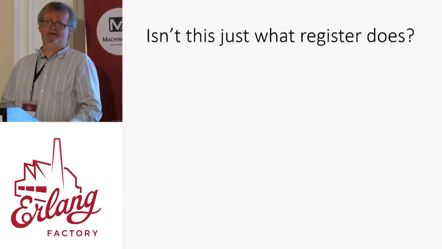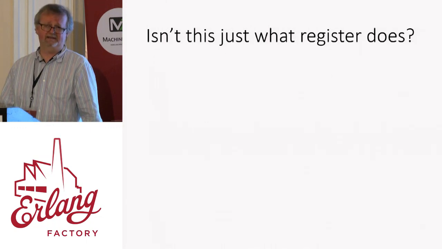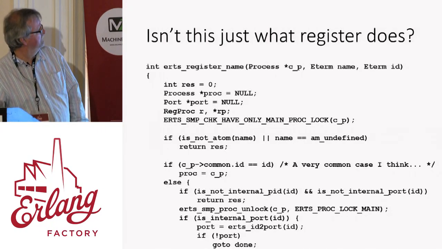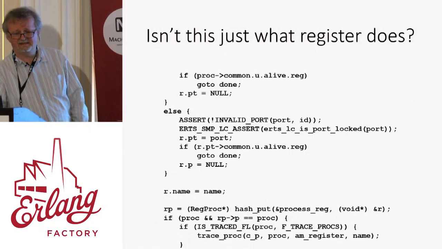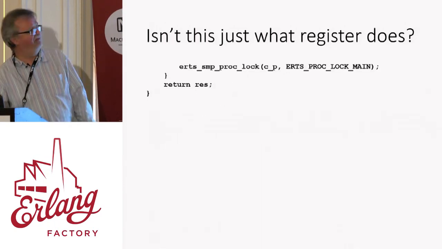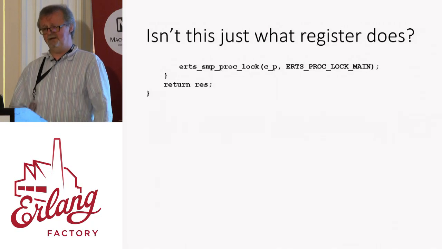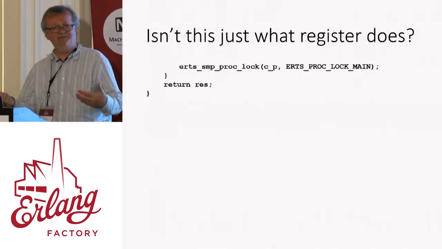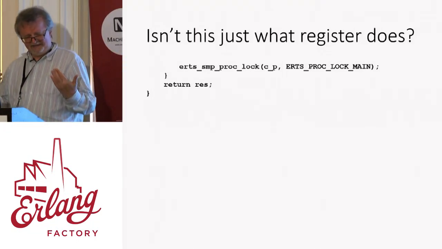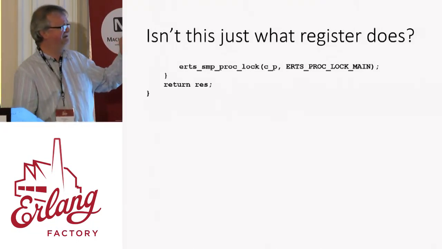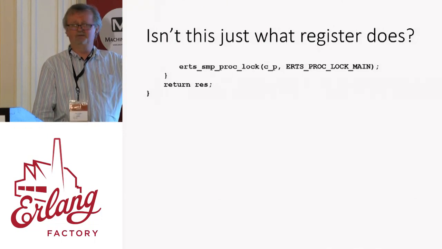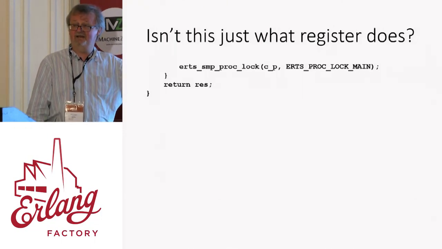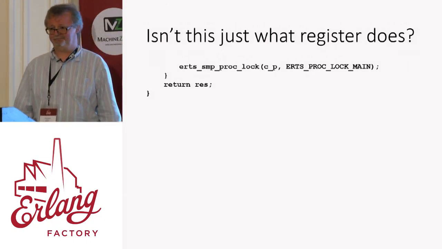So I thought I would show you the code of register. Well, not all of it, but here it is. This is what register does. And this, and this, and this, and this. So it's a BIF. It has to work in SMP with shared memory. It's tricky C code. Register is doing complicated stuff. The model is much, much simpler than the implementation. And that, again, is something that we usually find is the case.